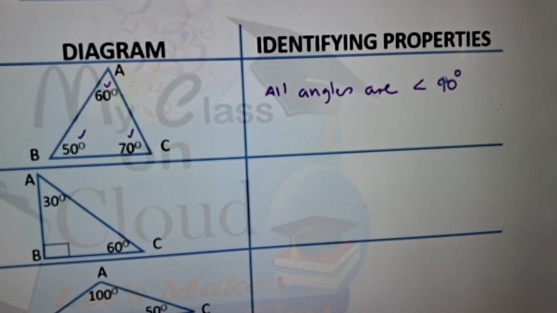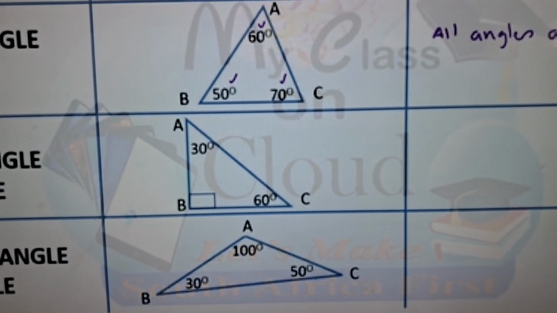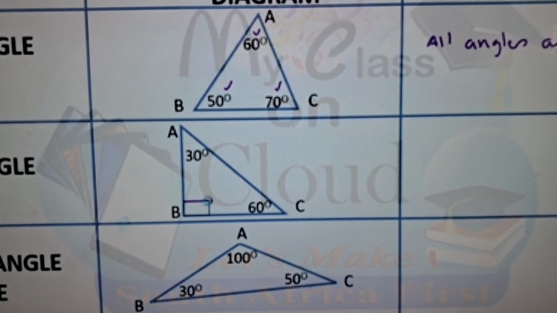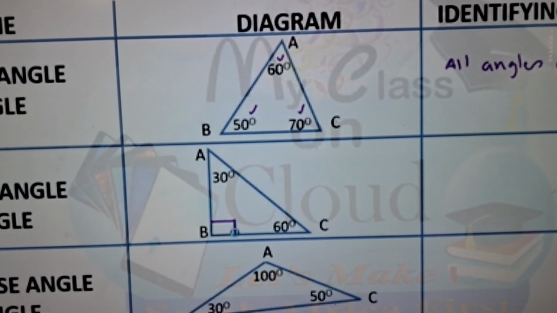Let us now look at the next one. Now we have a right-angled triangle. And you notice that there is a mark here, and the symbol indicates that it is 90 degrees. So this indicates that